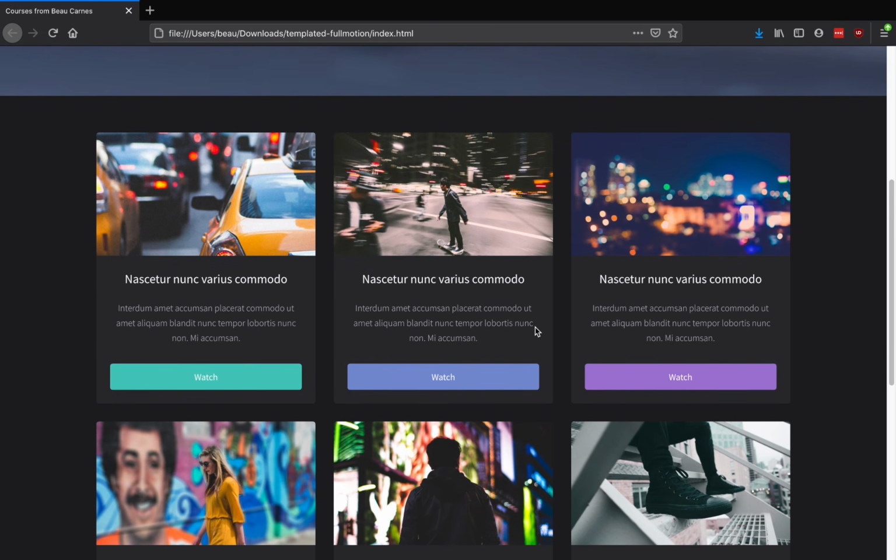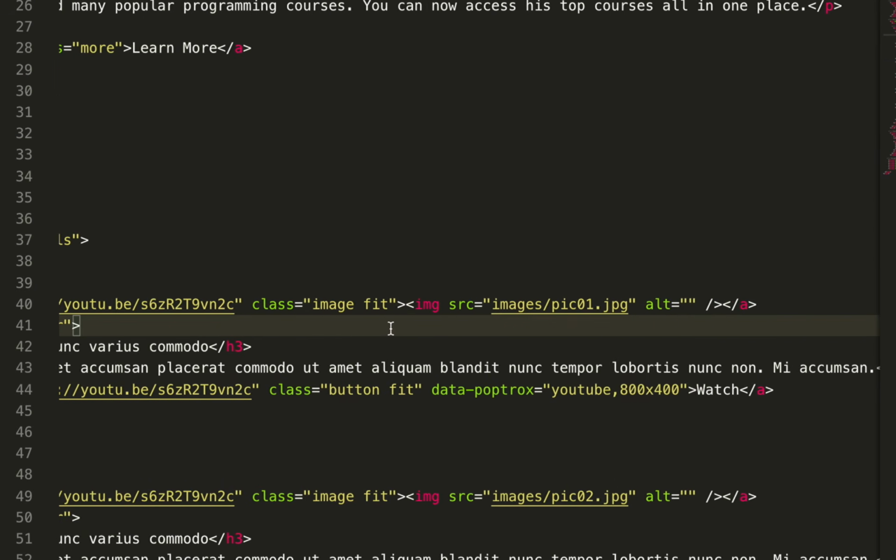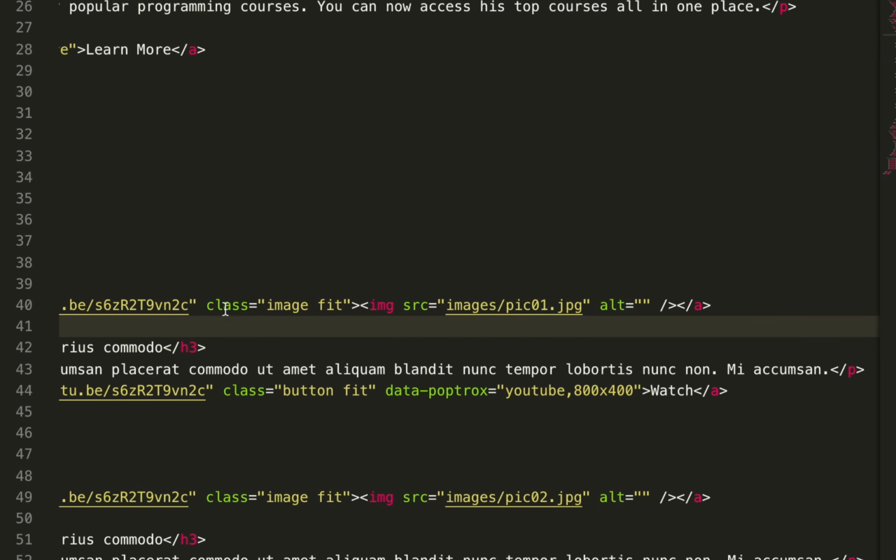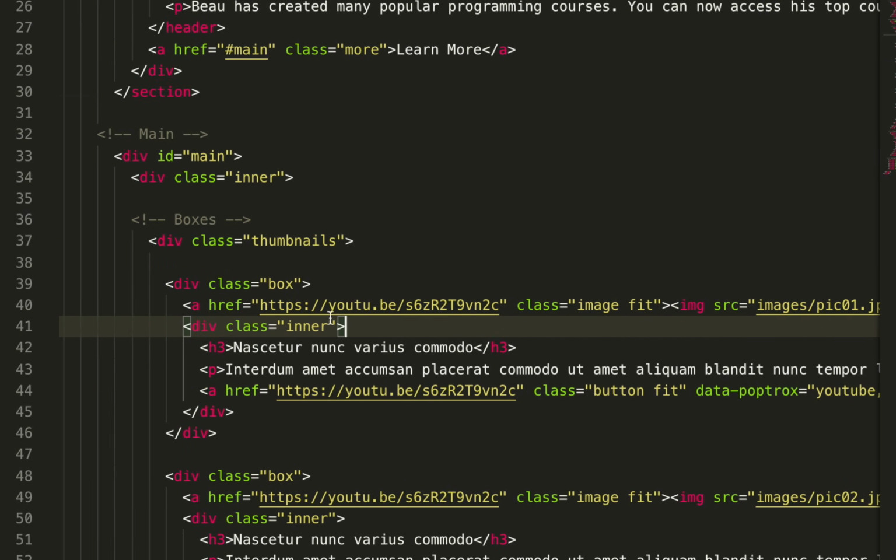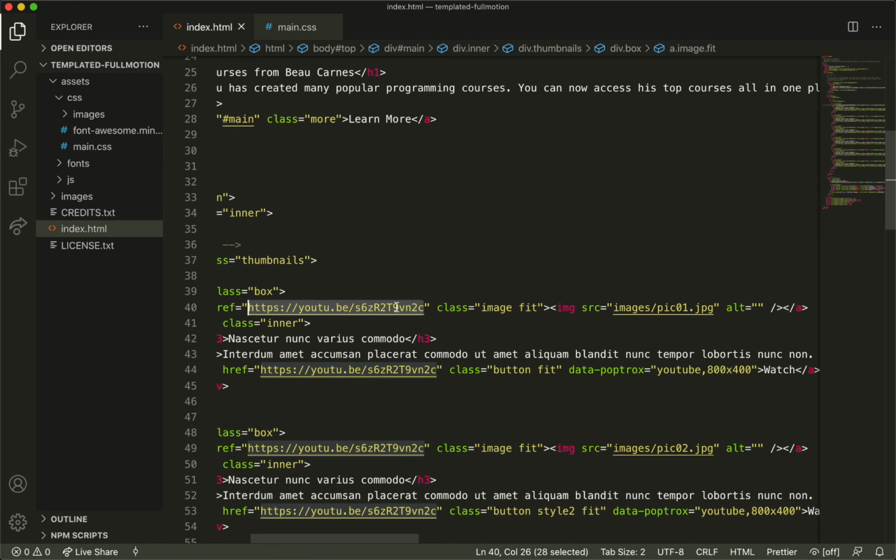So here, this is what we're going to change. One thing you can see here is that it's linking to a YouTube video right here. So the a href, this is the anchor tag or what you're linking to, and the link is surrounding an image. So when it says img, that's an image. src is source, and the source is this section right here,